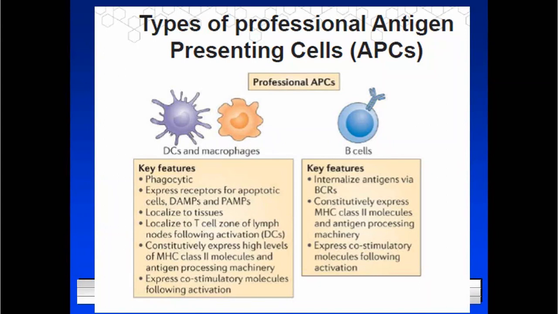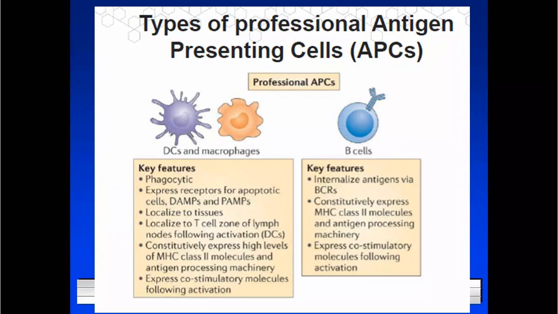So all types will internalize the antigen and process it and present parts of the antigen with the MHC: for the dendritic cell and macrophage with MHC class 2, and also for the lymphocyte with MHC class 2. All these antigens bound to the MHC class 2 will be presented to the corresponding T helper lymphocyte, leading to the activation